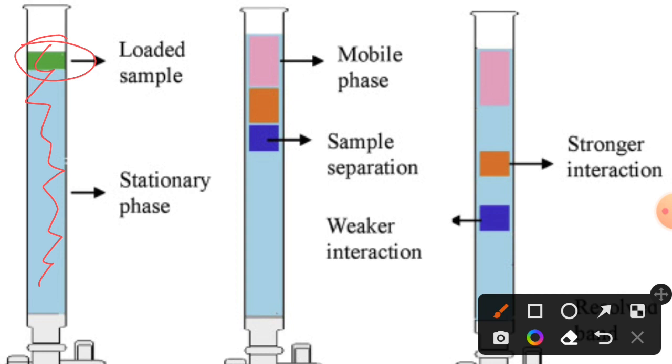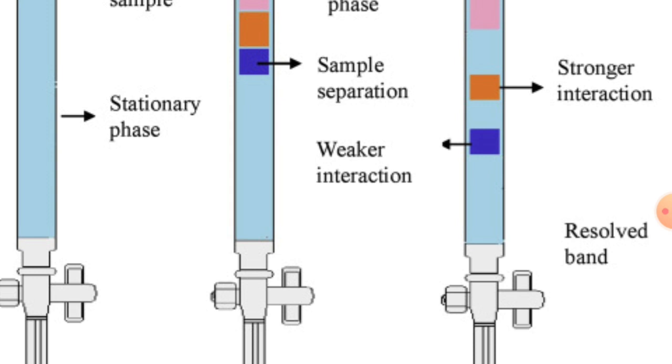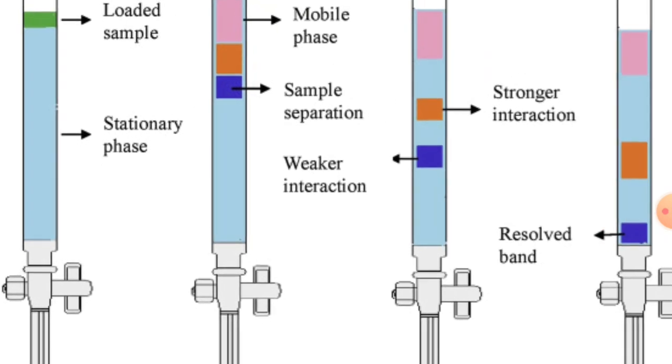Then we will use an elution buffer that definitely contains something that has a better affinity for the solid matrix than our protein, okay. So this elution buffer will help our protein to be removed after separation, okay. So that is the idea of